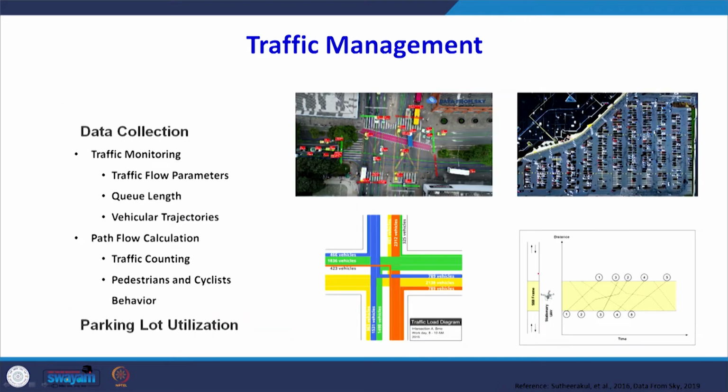So, in traffic management, whether we are monitoring the traffic flow parameters, or observing the vehicle trajectories, or counting the number of vehicles, specific vehicles passing through time, or the behavior of the pedestrians or the cyclists on the road, all this can be carried out with the help of the continuous images, continuous data which we are acquiring from the drone, and then analyzing this data in order to carry out the proper traffic